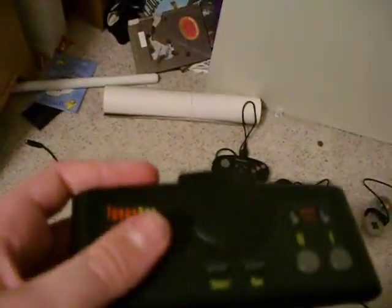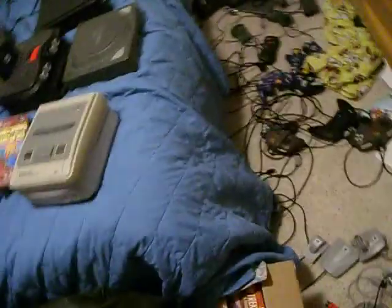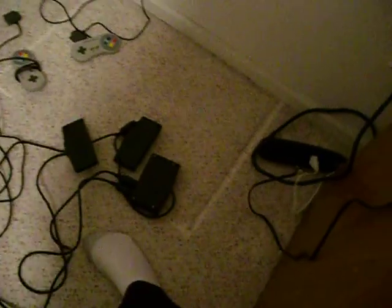Here's what the controller looks like. It's pretty much just a standard NES type controller. No shoulder buttons. Oh yeah, also there's only one controller port on the system, so it came with a turbo tap, which allows you to play with 5